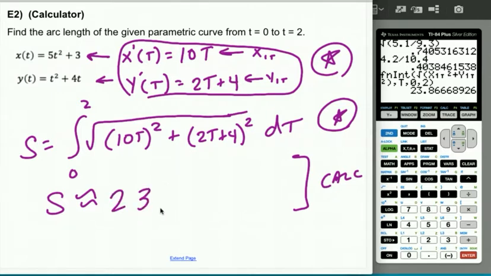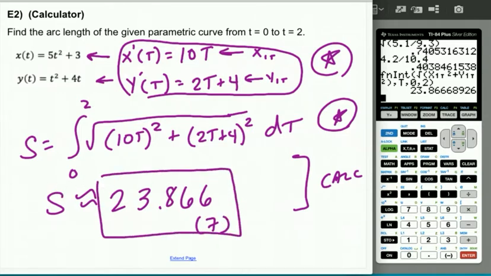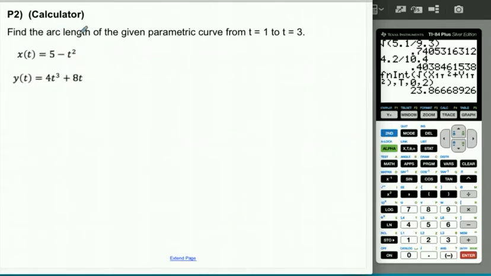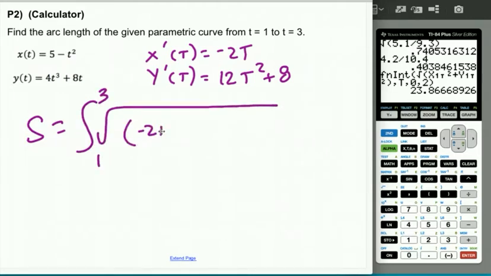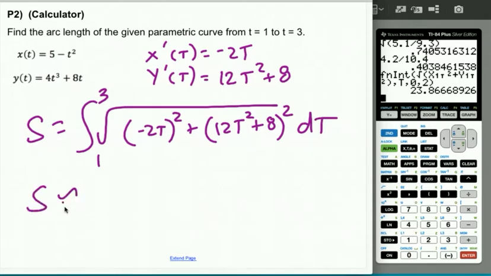Nobody expects you to find most arc length problems by hand, and if they do, it's going to be a really specific arc length problem. It's going to be something where you can integrate by hand, but most of the time they won't be. All right, so let's go ahead and do P2, same idea. So the part that I have to do, I have to find x prime is a negative 2t. I have to find that y prime is a 12t squared plus 8, right? I have to write that the integral should be the integral from 1 to 3 of the square root of x prime squared plus y prime squared with respect to t,